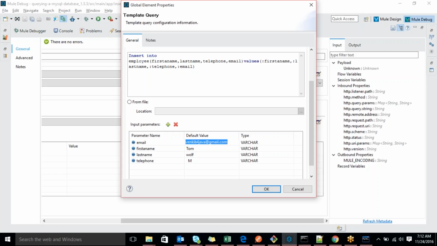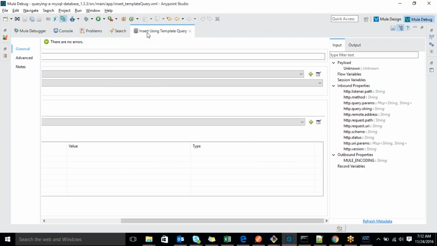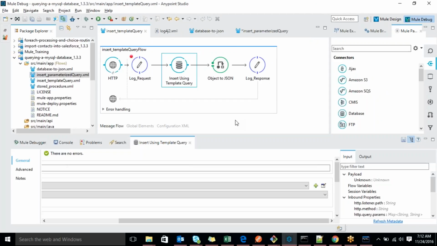The remaining ones will work, and it might take a null value. But the previous one is not dynamic. If anything happens, the whole query is affected and something will go wrong. Security-wise and performance-wise, parameterized is better than these two types. Okay, so that is about these two things.